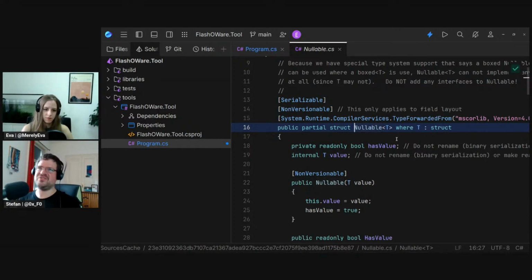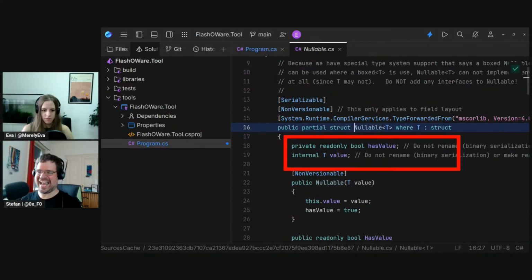So this nullable value type is a bit of a helper to wrap a value type and give it potential null. It's not 100% correct because it technically cannot be null, but